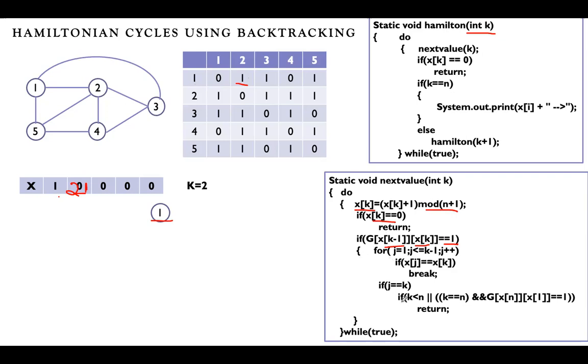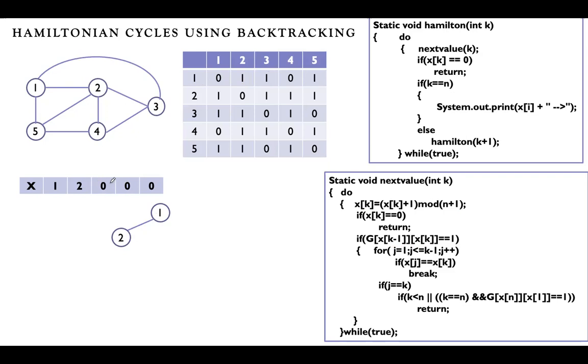If there is an edge, then what we'll check is, see here again, these conditions will not become true. Once these conditions become true, I will show you. So there is an edge here. So second value is nothing but 2 itself. So first place is 1, second one is 2. 1 and 1 will lead to the vertex 2. Is it clear? So from 1 we have arrived at 2 and we'll go to next value.